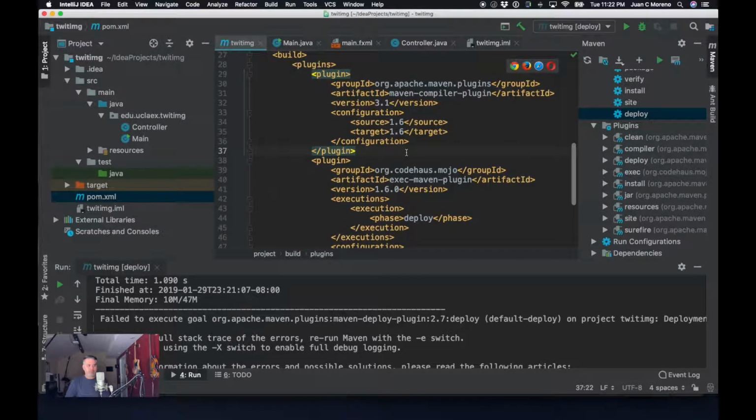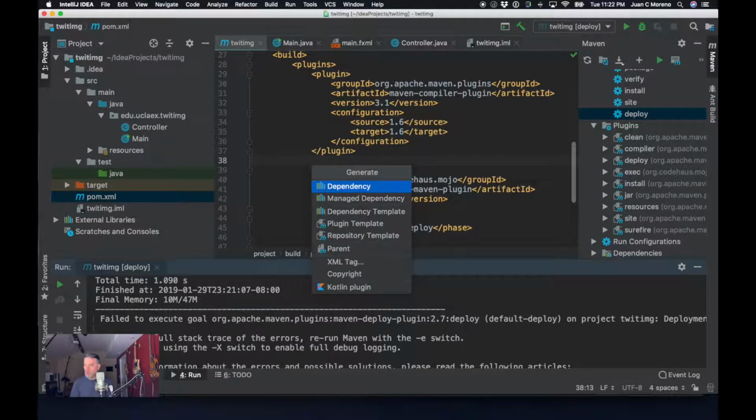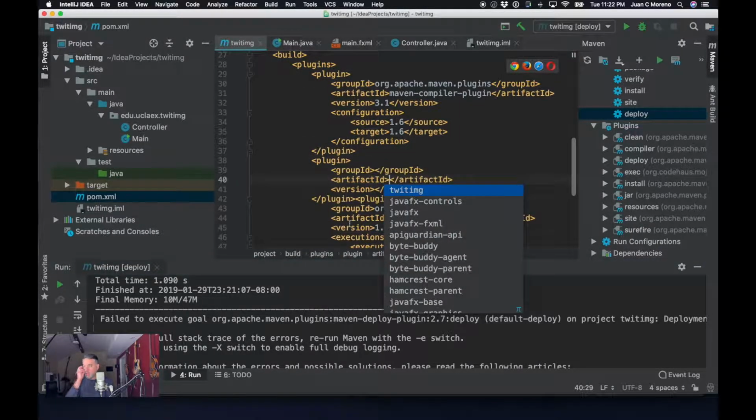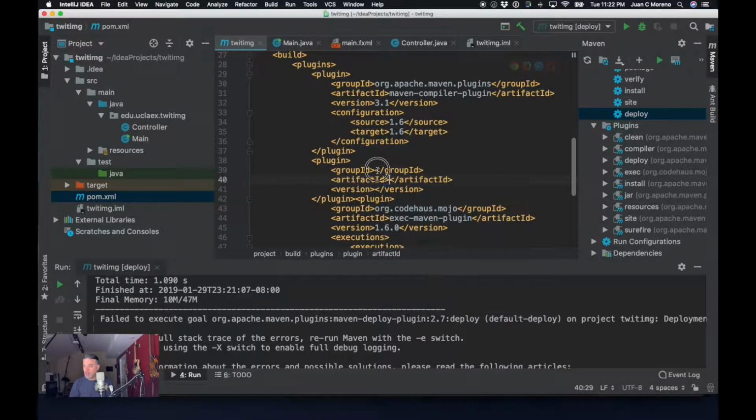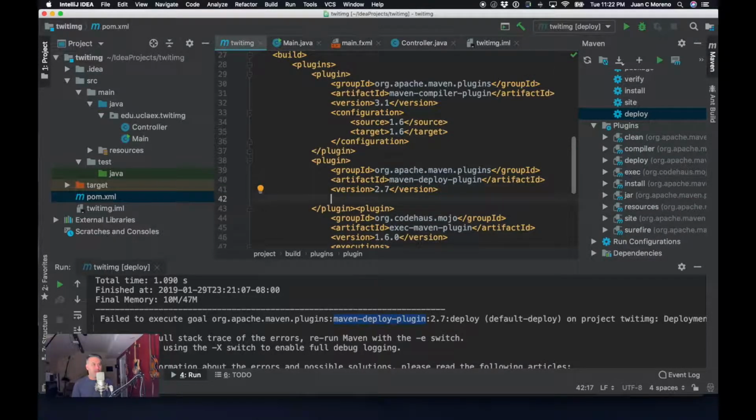So in our build phase, we're gonna add a new plugin, and we're gonna tell it that this guy, the org Maven plugins in the group ID, and this guy here with this version 2.7, we're gonna then tell it that on our configuration,